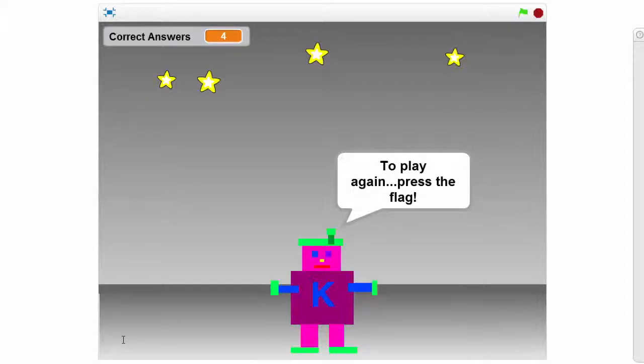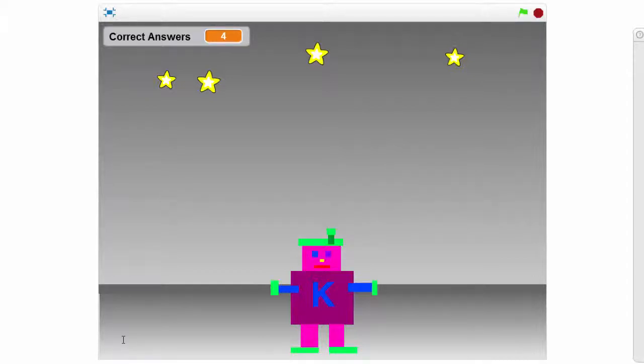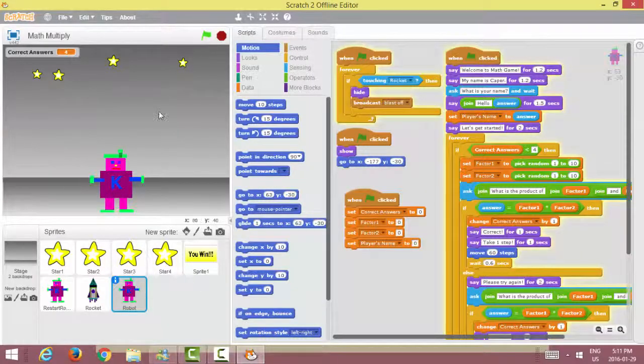And now the robot appears in the center of my screen and tells me if I want to play again, I can press the flag. I'm not going to play again, I'm going to close that for now. So you can see very quickly how we've built a game that's lots of fun and yet is reinforcing those